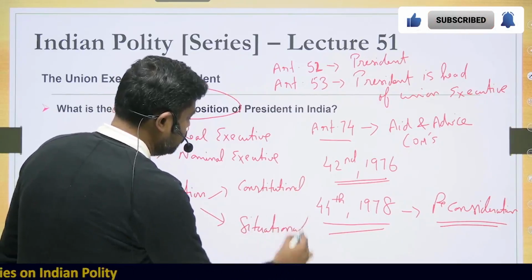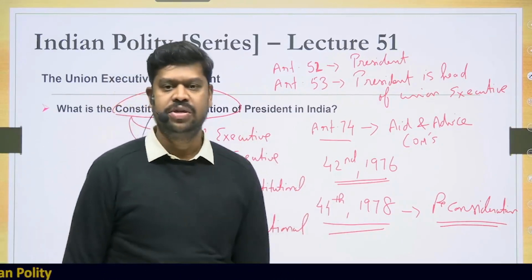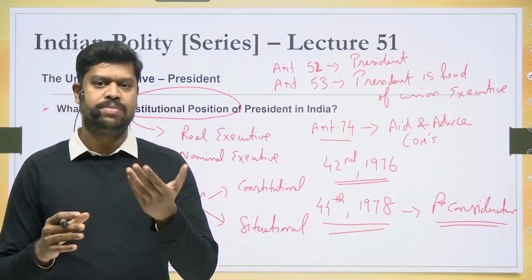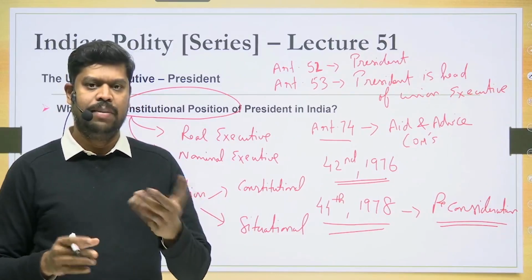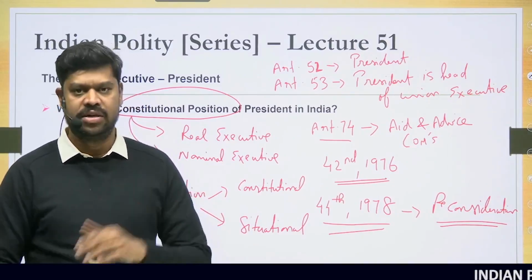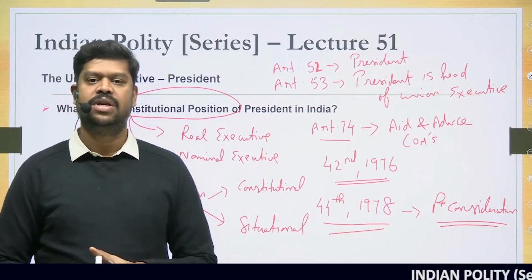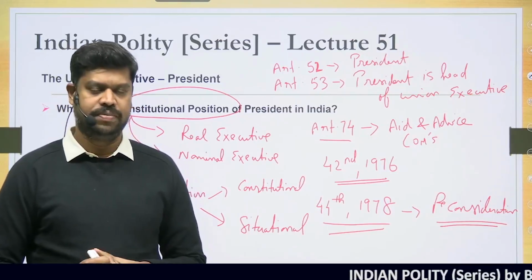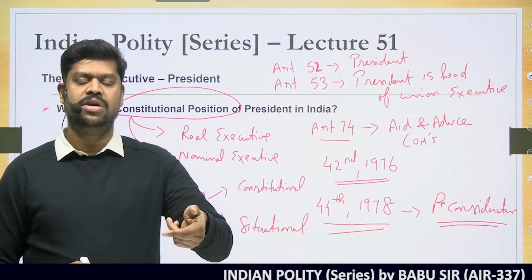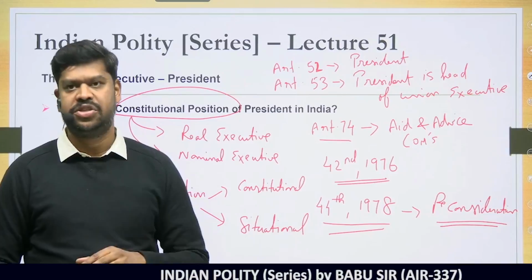That means constitutionally he exercises certain discretion, and under certain situations, meaning a situation that is not explicitly there in the constitution, but when a situation arises, under such a situation he can exercise that discretionary power. That's basically what is called situational discretion. So constitutional discretion means that by virtue of what is mentioned in the constitution, he is exercising that discretionary power.